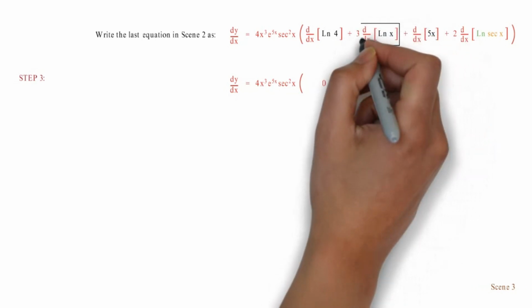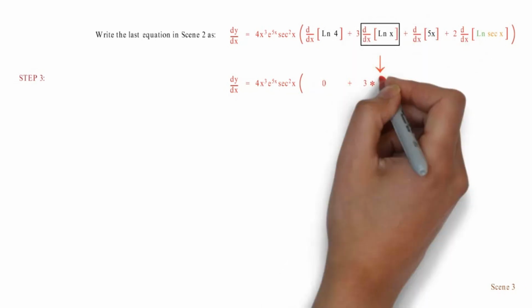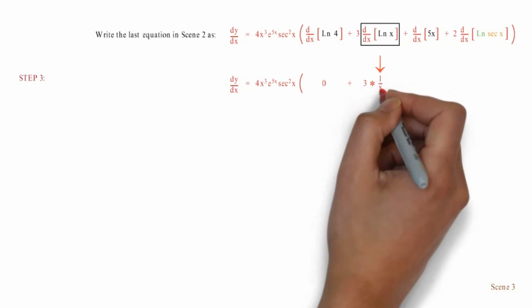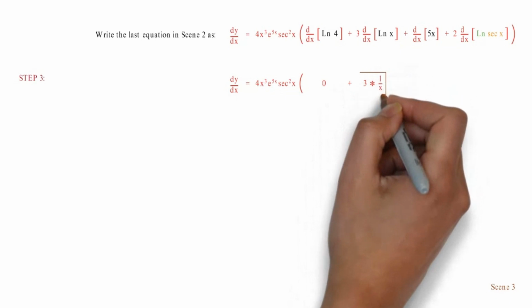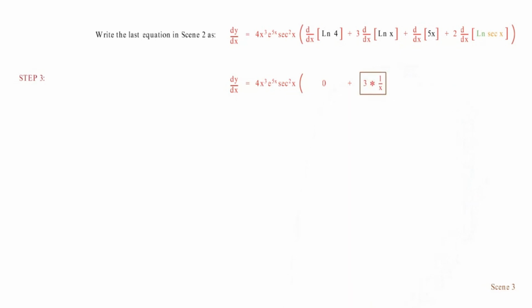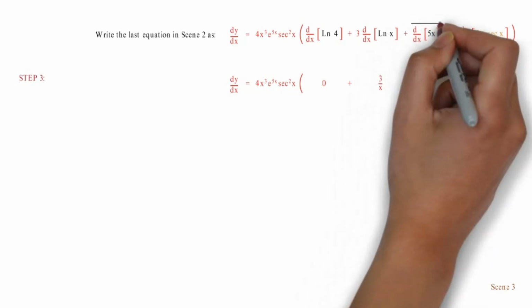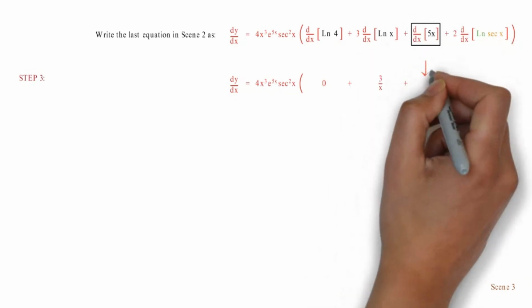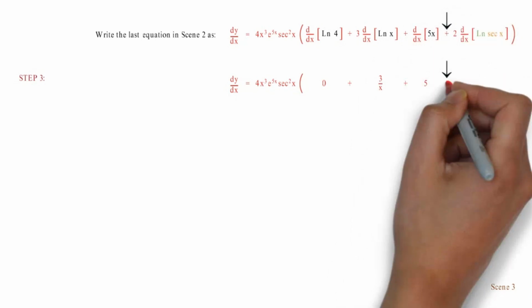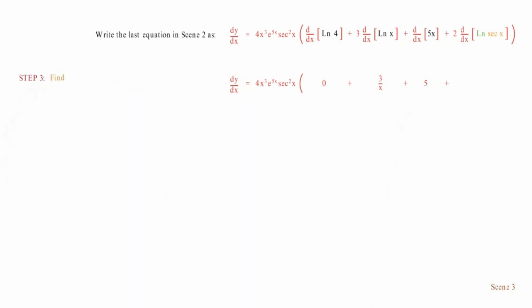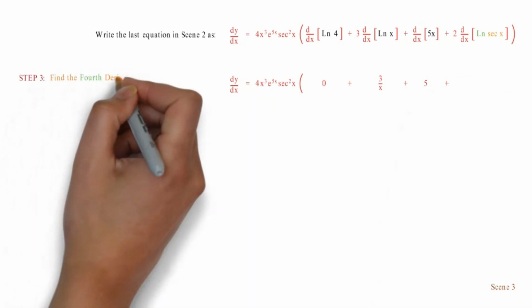This derivative equals 1 over x, and 3 times 1 over x is 3 over x. Plus is plus. This derivative equals 5. Plus is plus. Find the fourth derivative